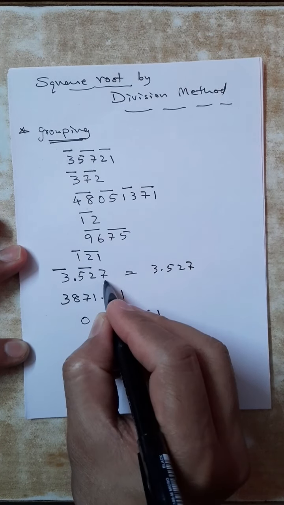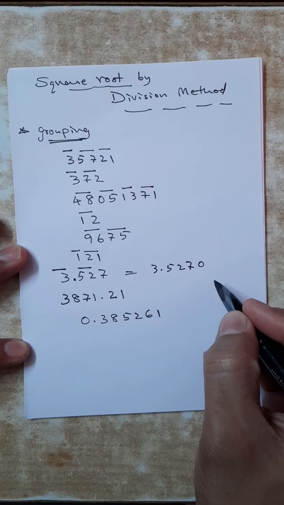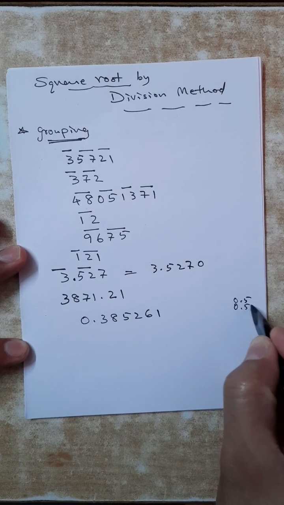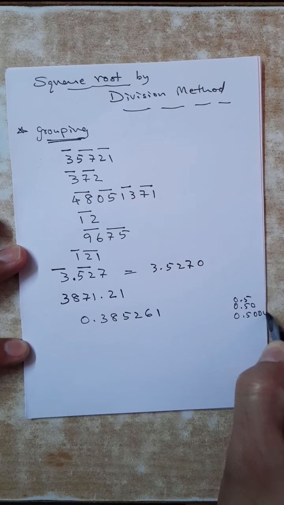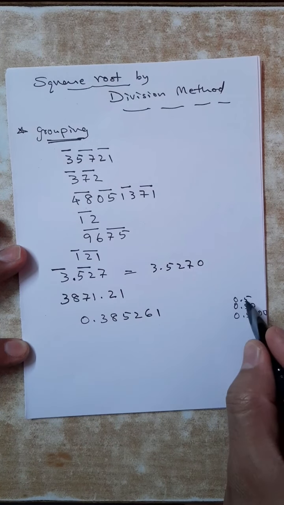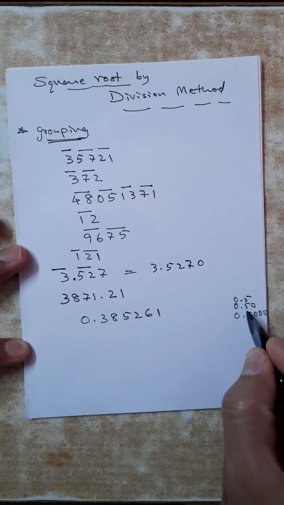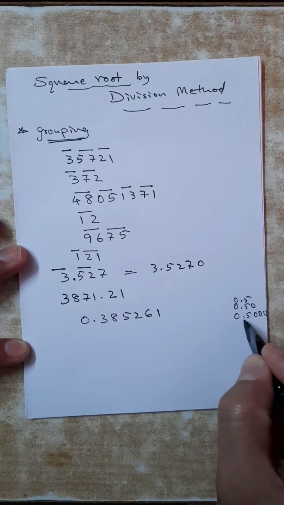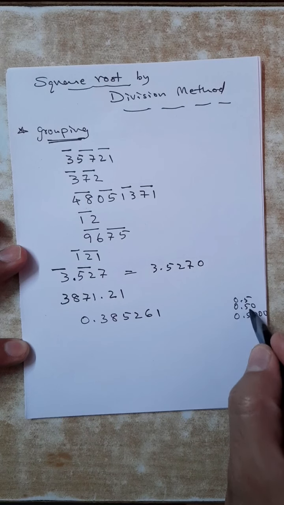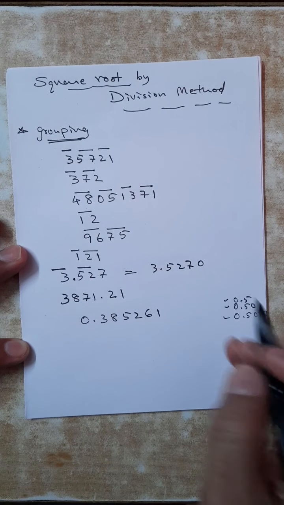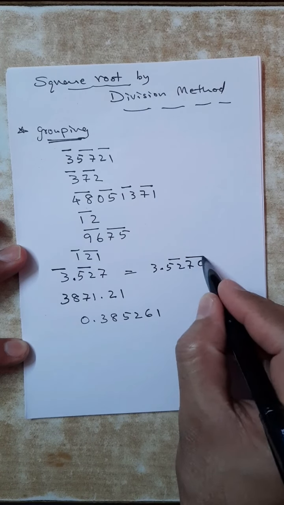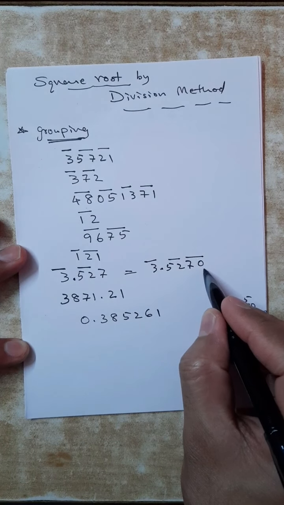3.527. Originally question is this one. So I am putting 0 here. No change in the value. 0.5, 0.50, 0.5000, all are same. This is 0.5, it is also 0.5. I cannot read it as 50, it is 0.50. This is not 500, it is not 5000, it is 0.5000. So all are same. So here I will put the grouping like this: 52 one group, 70 one group, 3 one group.